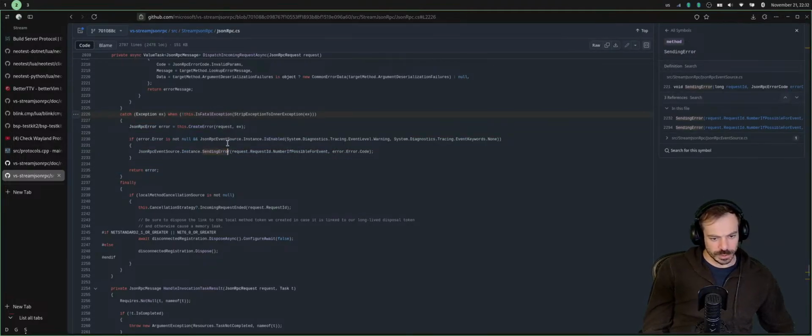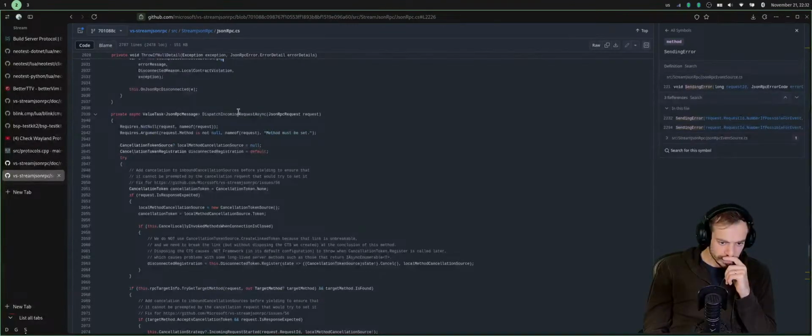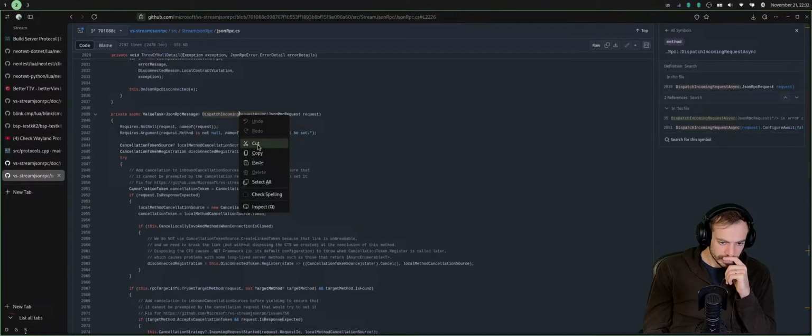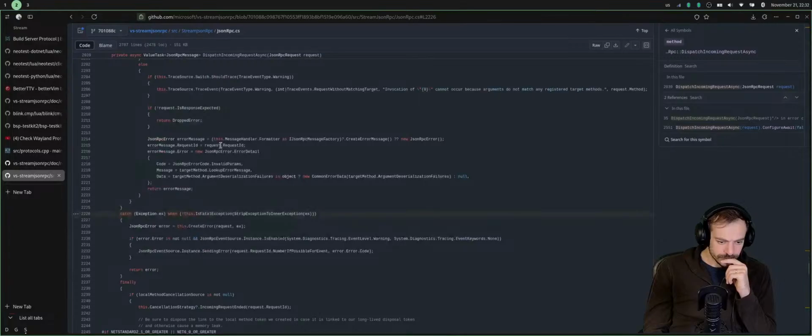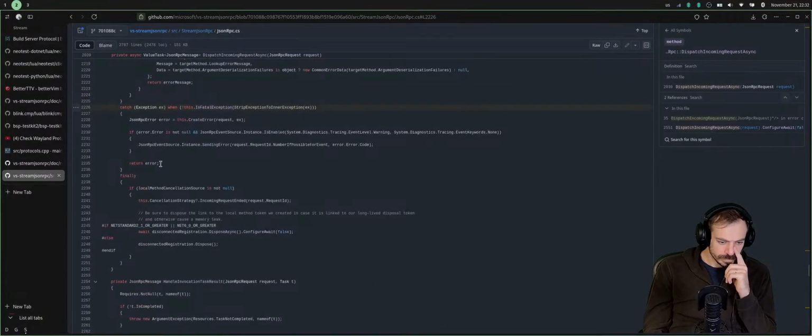If it's a fatal exception, it's thrown. IO. Finally, local method cancellation source. Disconnect.